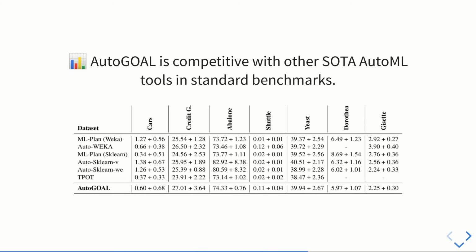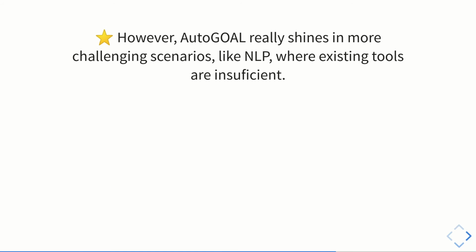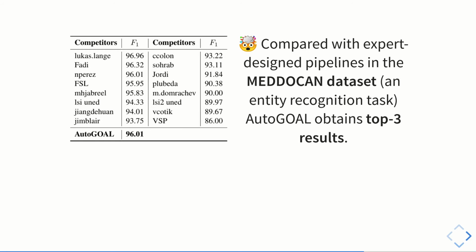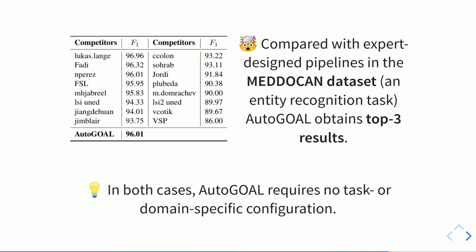When comparing AutoGOAL with other state-of-the-art automatic machine learning tools, we find that it is highly competitive in standard benchmarks. However, where AutoGOAL really shines is in more challenging scenarios like natural language processing, where most of the existing tools are insufficient. For example, if we compare with expert-designed pipelines in the HAHA dataset, which is a text classification task, it obtains top 5 results, and in the MetoCan dataset, an entity recognition task, it obtains top 3 results. In both cases, AutoGOAL requires no task or domain-specific configuration, just the 3 lines of code that we have shown